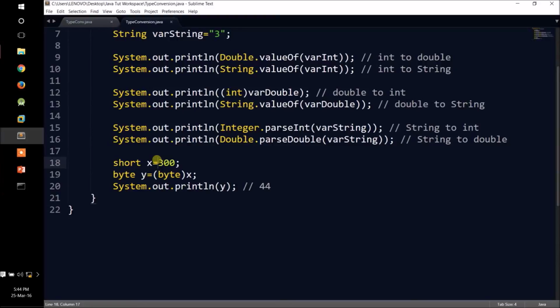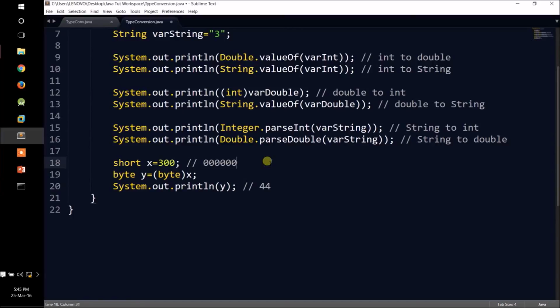Now, if I'm cutting short the value to 1 byte, it will take up 8 bits. Inside that 8 bits, whatever value of 300 is stored, that much will be printed and the rest will be left. What I mean to say is, this 300, when it is stored in 2 bytes or 16 bits, becomes something like